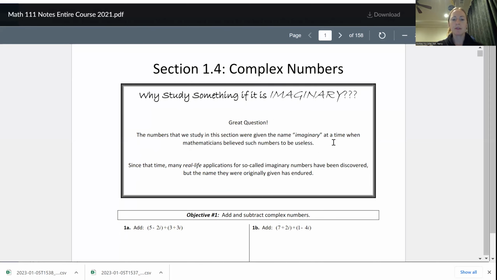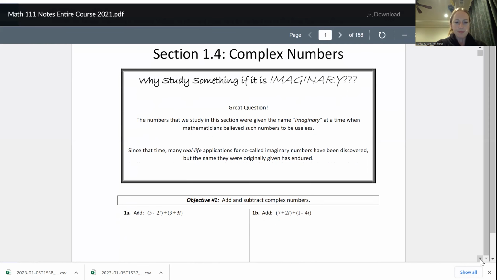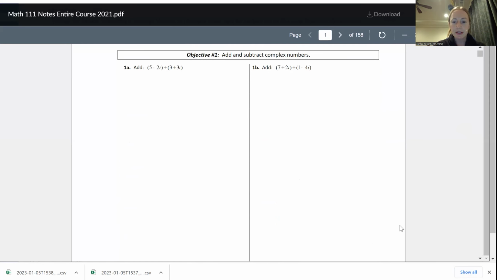So for example, once you watch the very first lecture video that's in the week 1 module, you'll actually see this on your screen as you watch the video. It shows section 1.4 complex numbers, and you'll hear my voice talking about it. Oh, this is what we're learning, and here are some examples. And so you notice that this handout here has the actual examples on it. It says add these things, but it doesn't have the work. It doesn't show the answer.